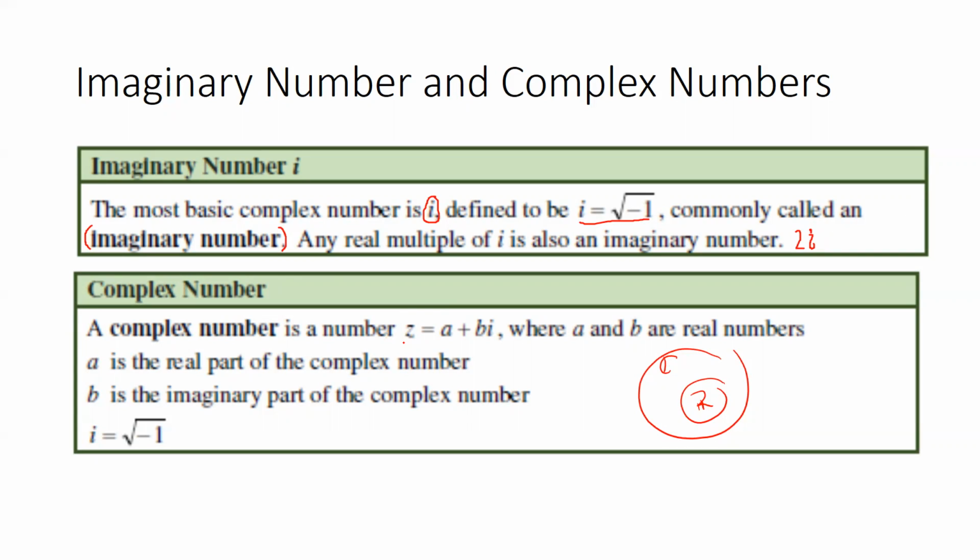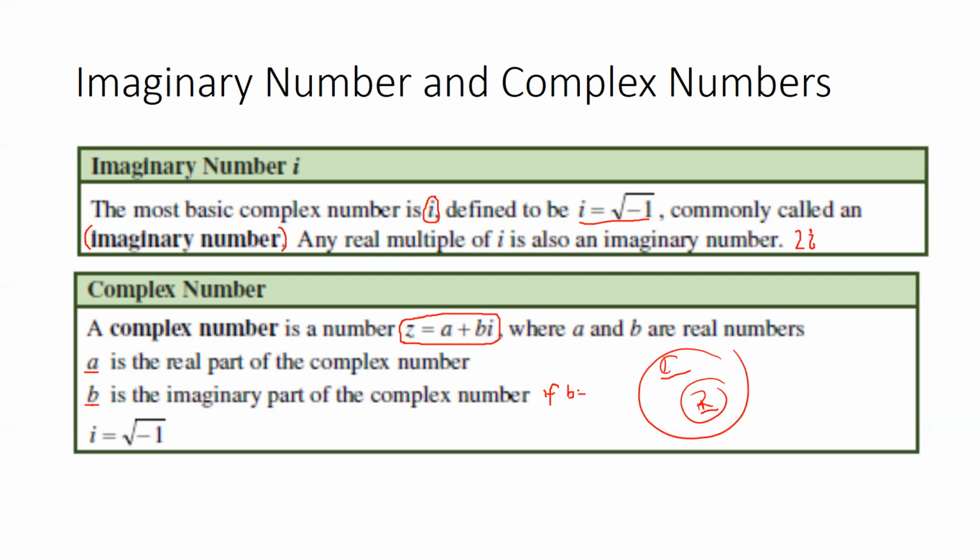A complex number is a number of the form z equals a plus bi, where a and b are real numbers. a is the real part of the complex number. b is the imaginary part of the complex number. What really happens here is the real numbers are actually contained in the complex numbers, which is kind of neat. And this basically comes from the fact that, what if b equals 0? Well, if b equals 0,